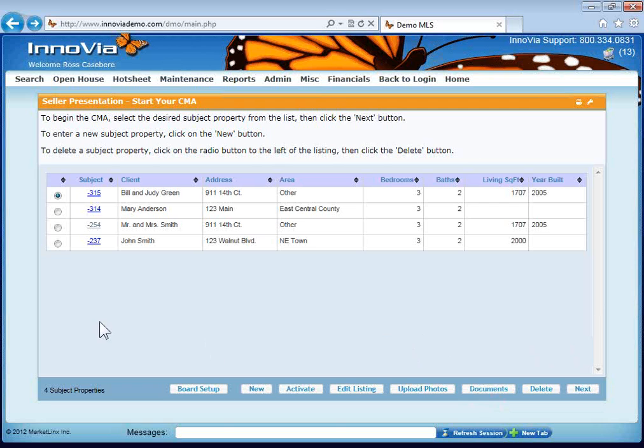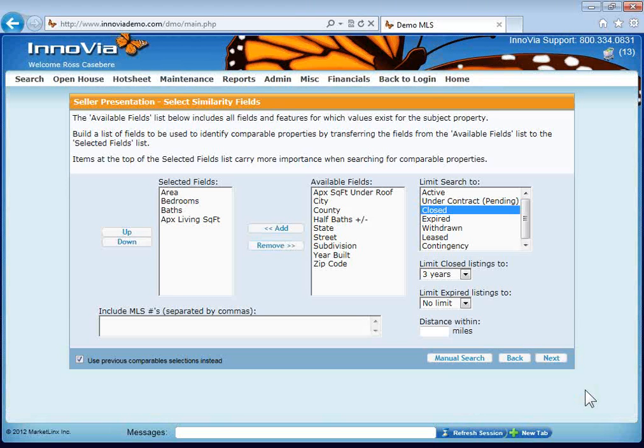So the first major step here is to make sure you've got your subject property in, make sure you've uploaded any pictures that you want to it, put any documents on it that you want, and then when you're ready you can go to the next step. So just make sure you've got your subject selected, click Next down there, and that'll take you to step 2